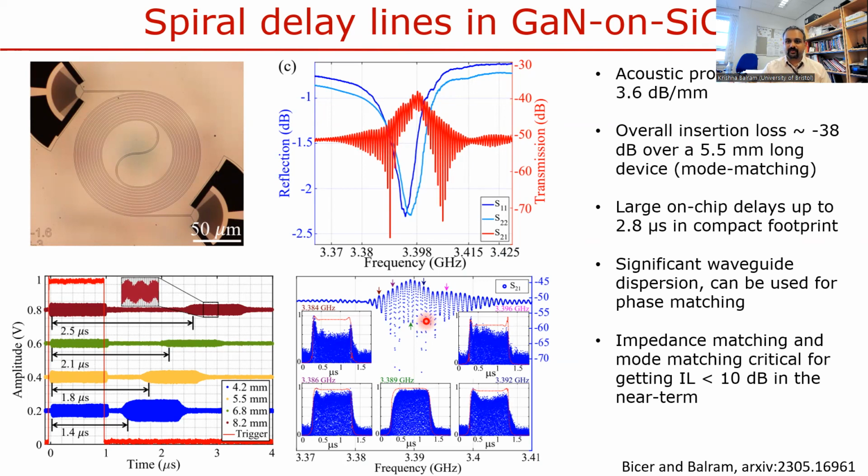With the strong geometrical confinement comes waveguide dispersion. But this can be either a boon or a curse depending on how you look at it. For instance, if you want to do some kind of nonlinear four-wave mixing, you can use the dispersion to engineer phase matching. But again, while right now we can demonstrate all of these interesting things, the theme that I want to keep coming back to is that insertion loss is still a major issue. You can do all of these new things, but the total amount of signal that's getting transmitted from A to B is still quite low, on the order of minus 30 dB. And this is a critical problem that needs to be solved if these devices are going to find their use in systems.